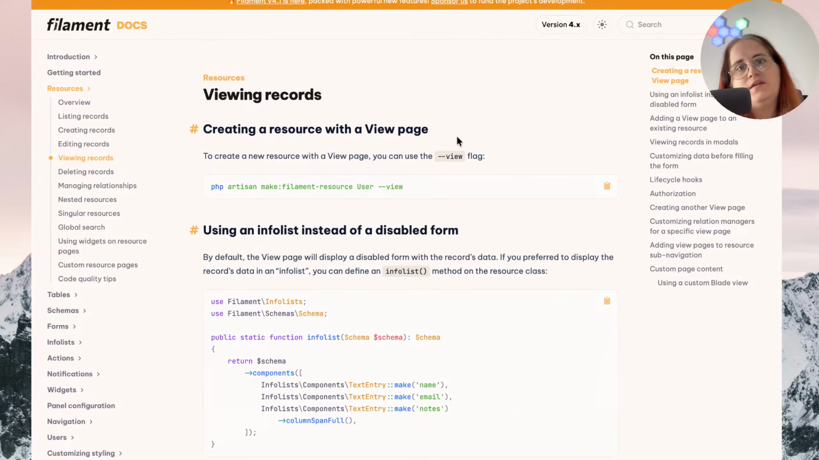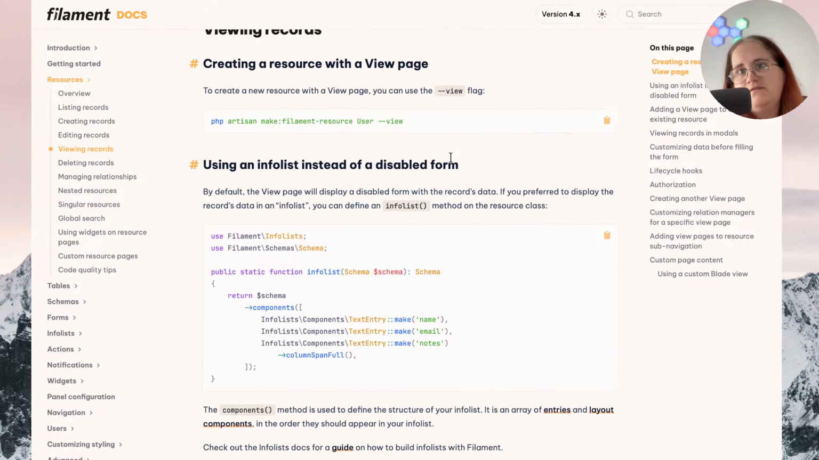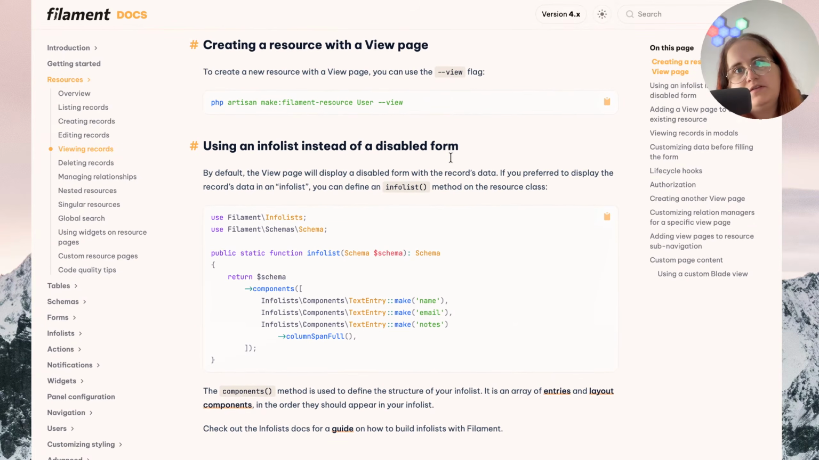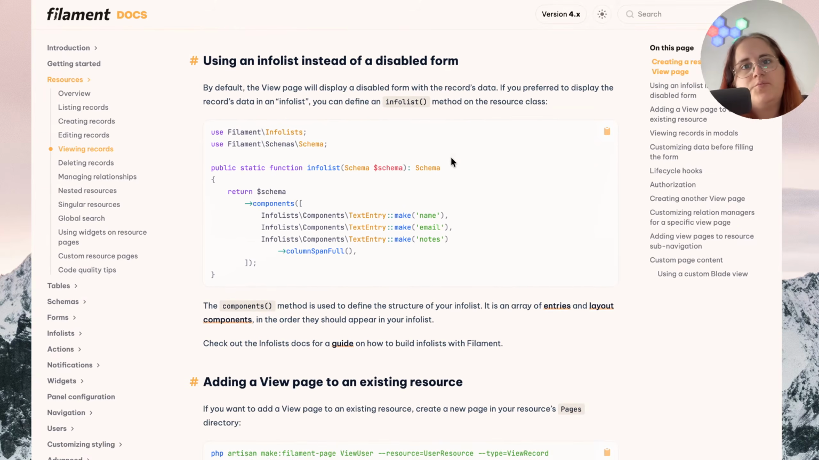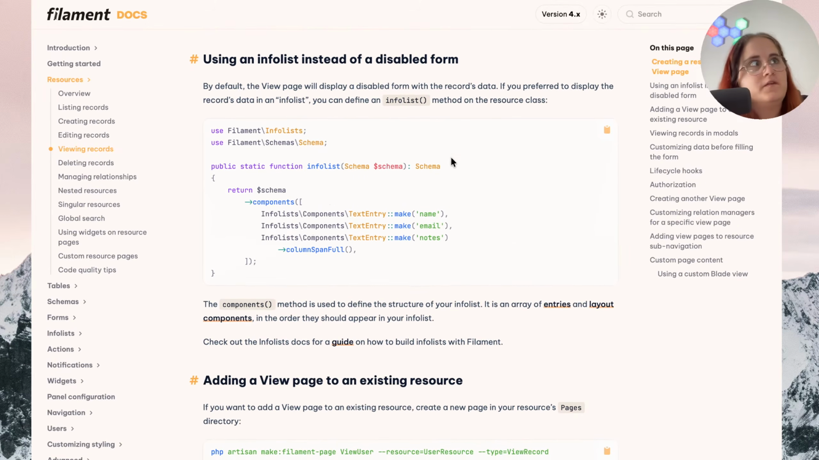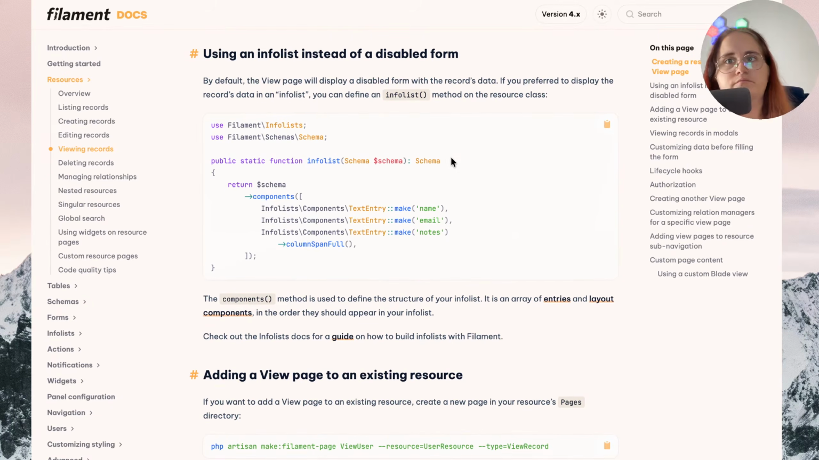Viewing records. Creating a resource with a view page. To create a new resource with a view page, you can use the --view flag. php artisan make:filament-resource --view. Use an infolist instead of a disabled form. By default, the view page will display a form with the record's data. If you're